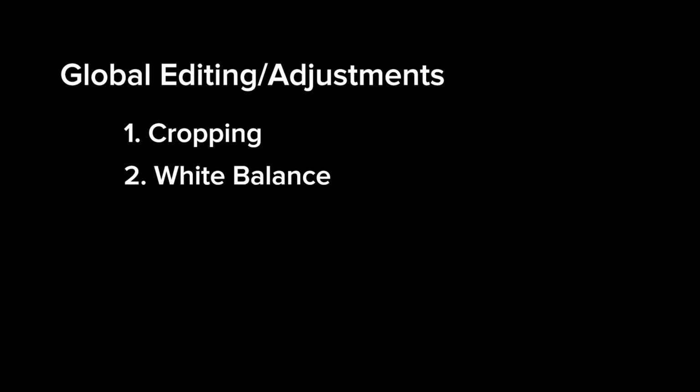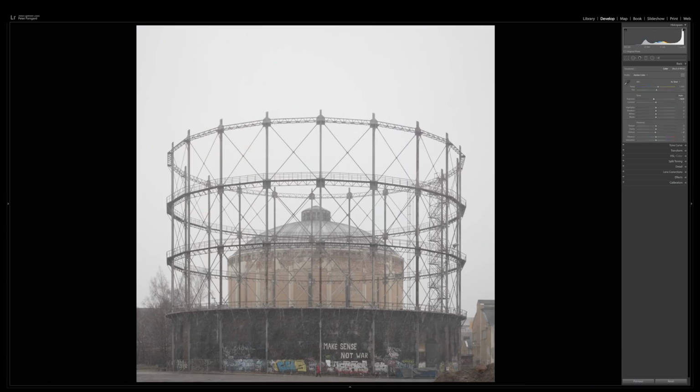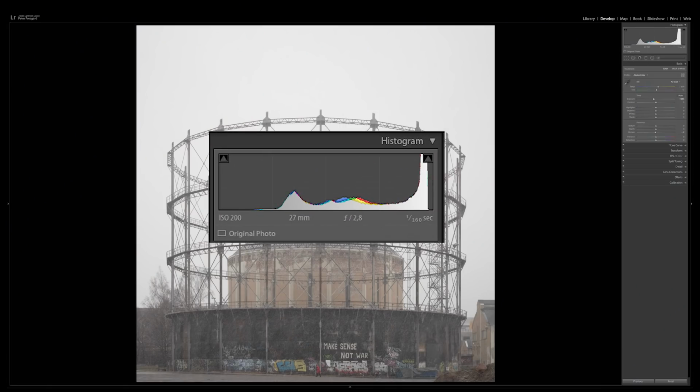The third thing that I do is adjust the exposure. As I said in the beginning, the most important thing is to get your exposure right when you're making the image. When you're clicking the shutter, be sure that the exposure is correct. And as you can see in the histogram on this image, I've exposed this all the way to the right.